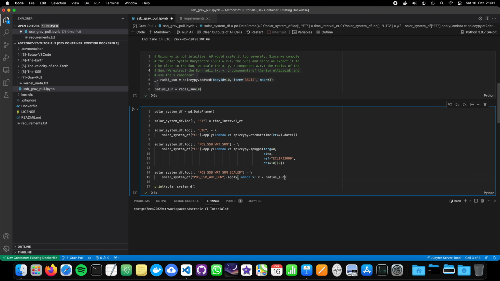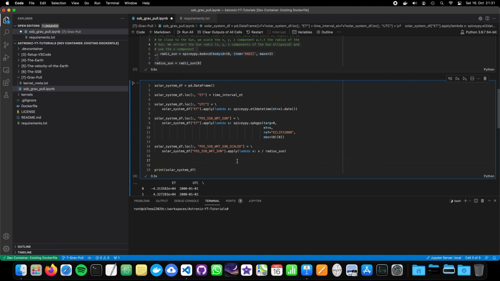Alrighty, and now we can also compute the distance. It's probably needed later also for the angle computation, but we will also see that it's not 100% sure true. But yeah, let's keep it like this. Let's recycle this line here. We call it the position of the solar system barycentre with respect to the sun, scaled, and then let's call it distance, because it's not a vector anymore, it's now a single